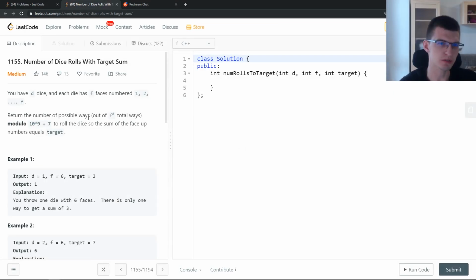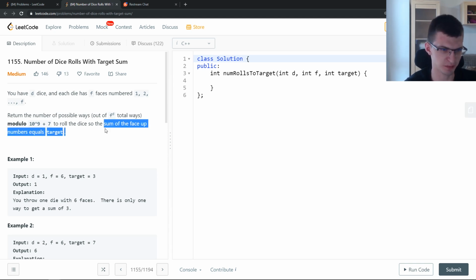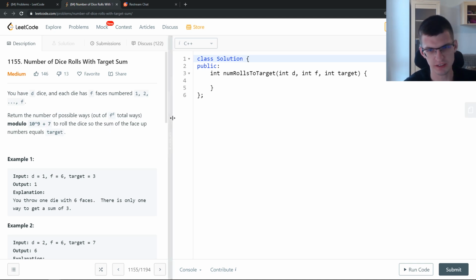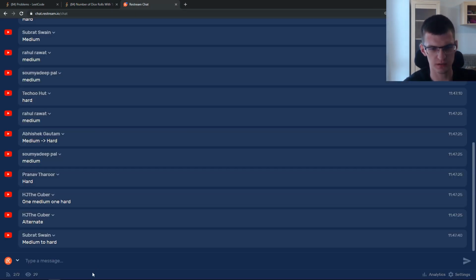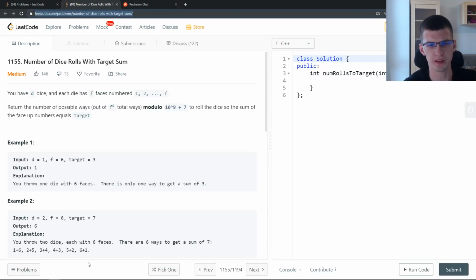I like rolling dice. You have d dice. Each die has f faces numbered 1, 2, up to f. Return the number of possible ways, modulo that, to roll the dice so the sum of the face up numbers equals target. Well, this is problem 1155. Should I post something like that in the chat? I guess so. This is just like a knapsack problem,